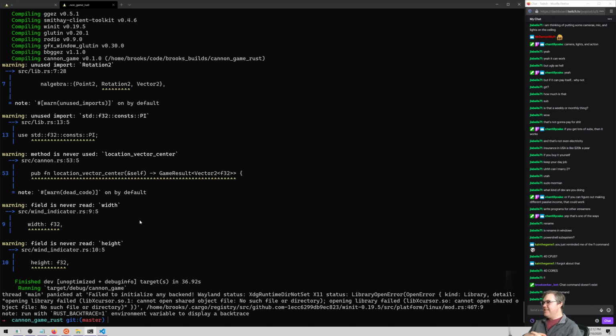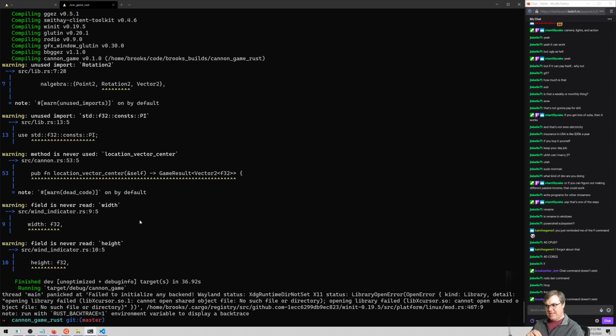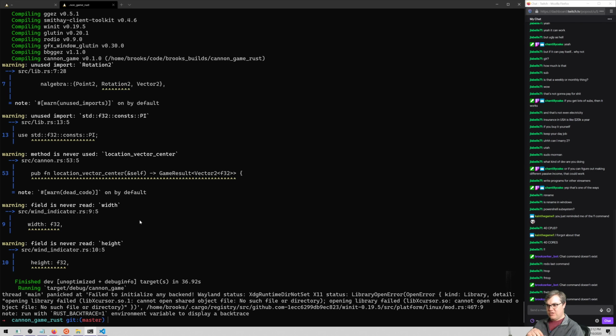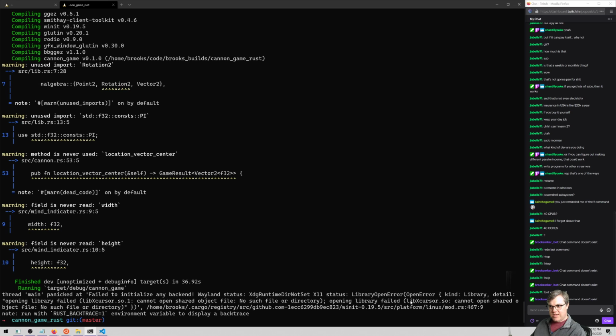Okay. They got all the way to mine. So failed to initialize any backend, Wayland status X11. Cannot open shared library file, no such file or directory. What file is it trying? libxcursor.so.